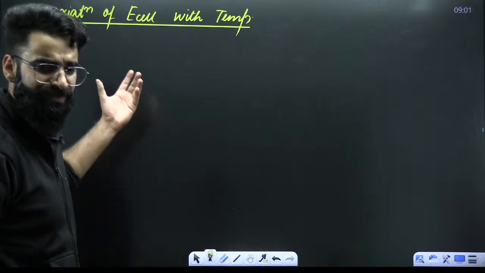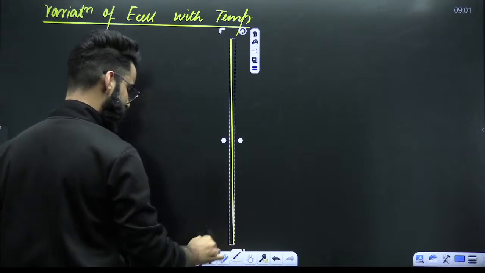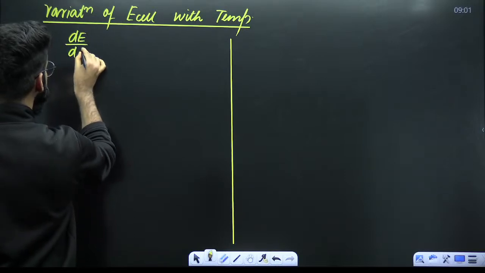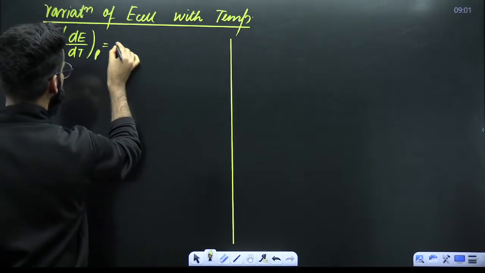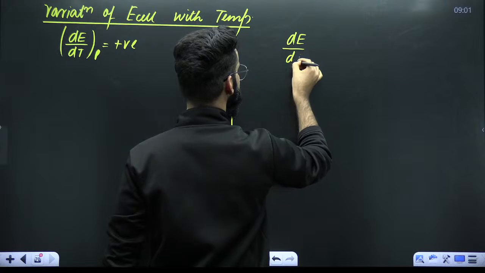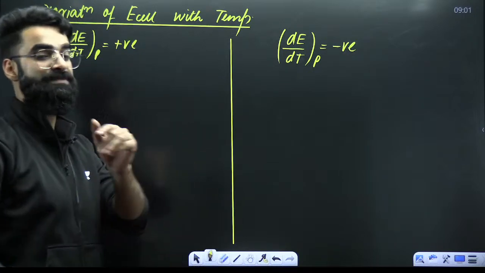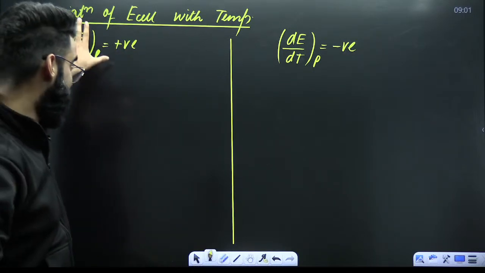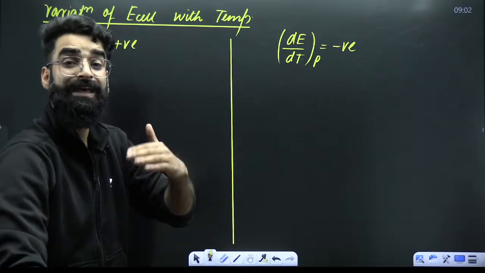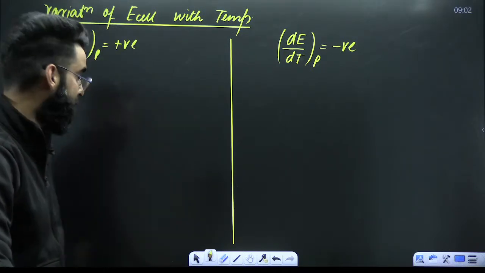My dear students, I'm going to divide this topic into two categories. It's very simple. Those galvanic cells whose temperature coefficient is positive. This is my first category of galvanic cells. And those galvanic cells whose temperature coefficient is negative, right? So I've got two types of galvanic cells. Let's see how their EMF varies with temperature. Does EMF increase on increasing the temperature or does it decrease? Let's get to know.